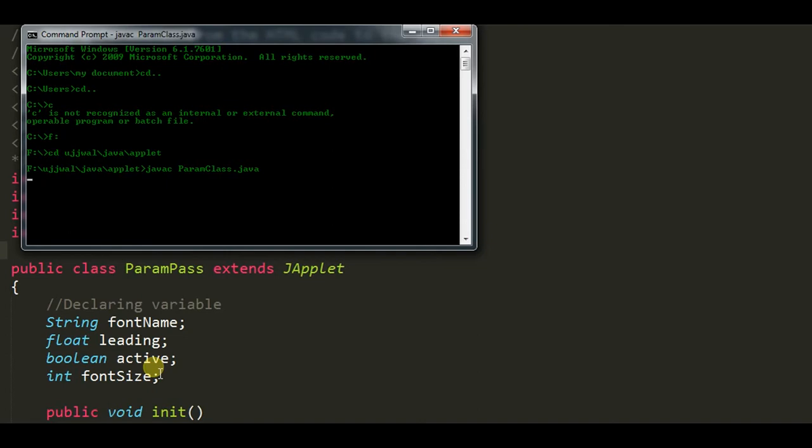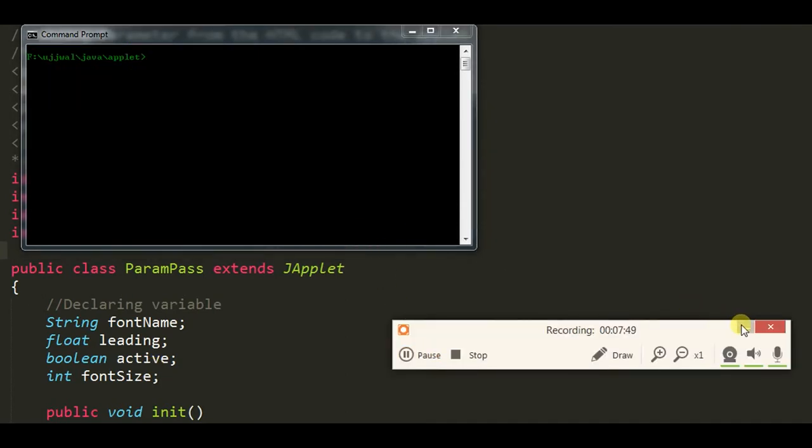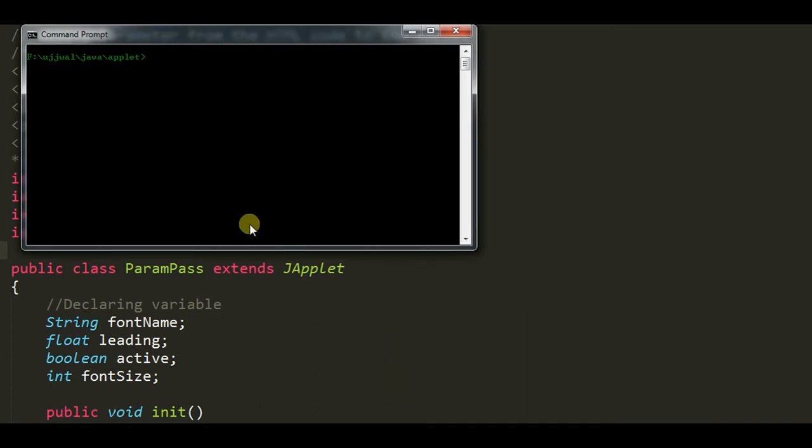Compiling takes time. We just start compiling our code: type javac, name of the Java file, and there it is. We have compiled our code, and the dot class file has been generated. So just run our applet.